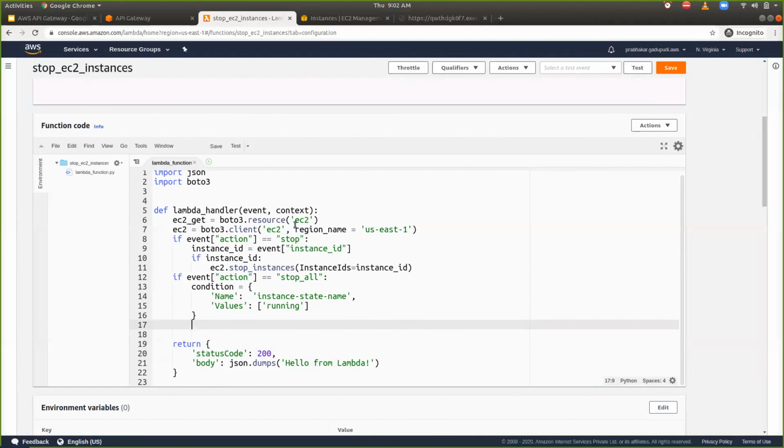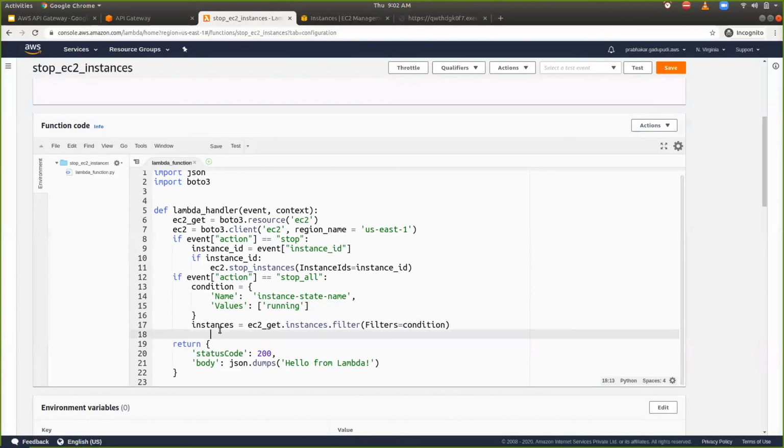So here are the instances, ec2_get dot, and here I can filter all the instances. So instances.filter, and I can say filters, and here I can say the condition. So it will fetch all the running instances only.